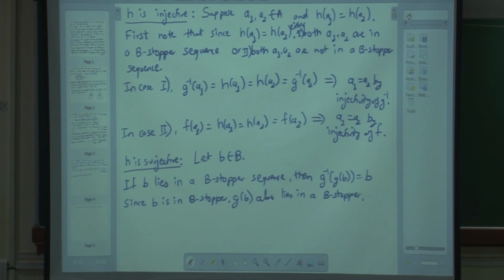And hence h of gb is equal to g inverse of gb, which is equal to b. Correct? And on the other hand, if b doesn't lie in a B-stopper sequence,